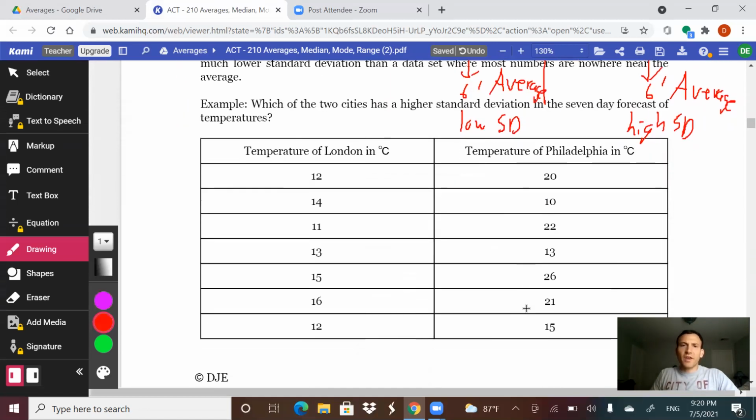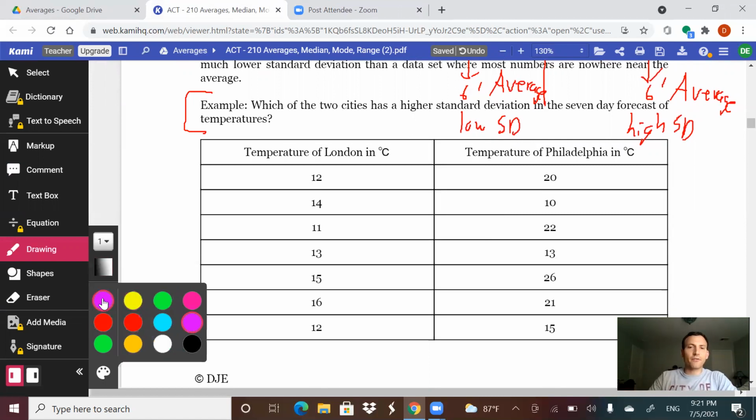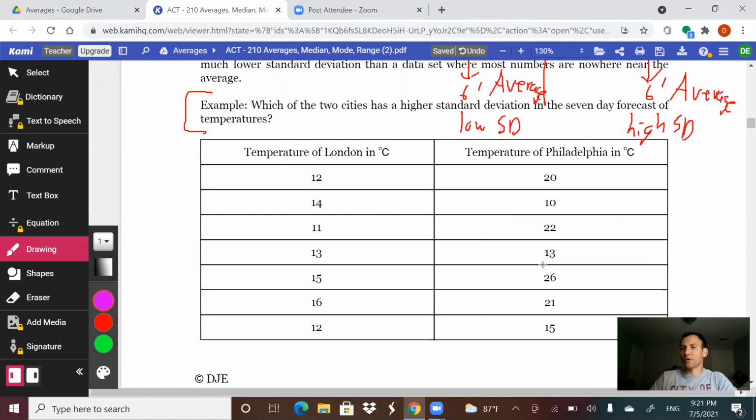So pause it and see if you can get this example right here. I'm going to keep on going, but feel free to try it. Which of the 2 cities has a higher standard deviation in the 7-day forecast of temperatures? So you could try to calculate the average and then make a decision of which one is more spread out from the average. But just by looking at this,